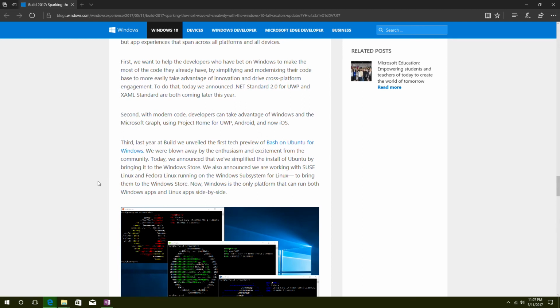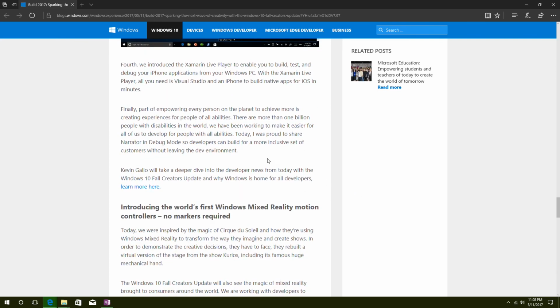Some of you may actually use this in the IT world as well, and that is Bash, if you're Linux guys. They're going to have two new flavors of Linux, Bash on Windows and in the Windows Store. They also have more Xamarin stuff to make it more cross-platform, which is a cross-platform development tool that is at the developer's disposal.